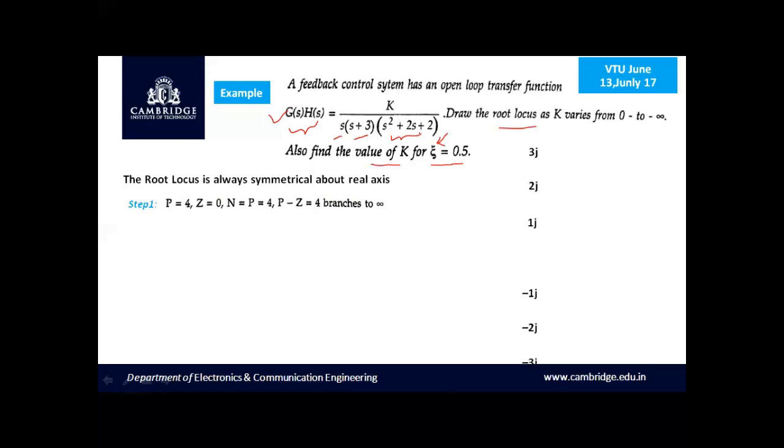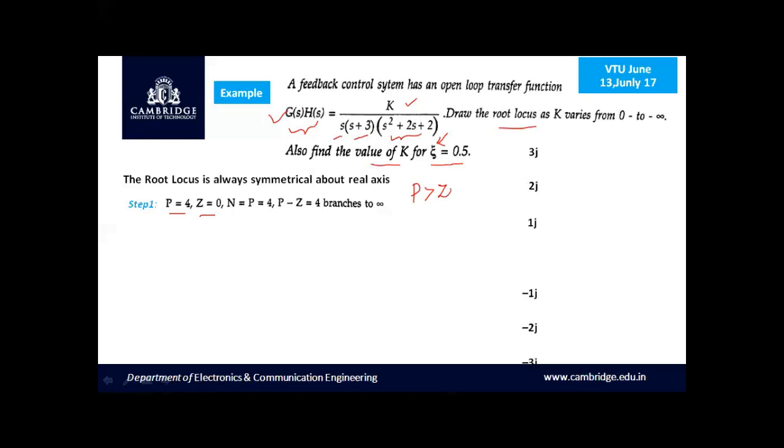Therefore, we have a total of 4 poles, hence P equal to 4. We don't have any zeros in this case, therefore Z, the number of zeros, will be equal to 0. And we know that with respect to rule 1, P is greater than Z,